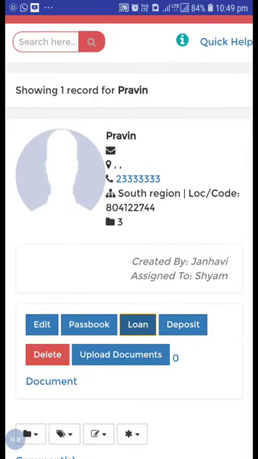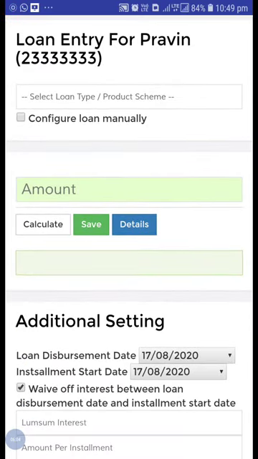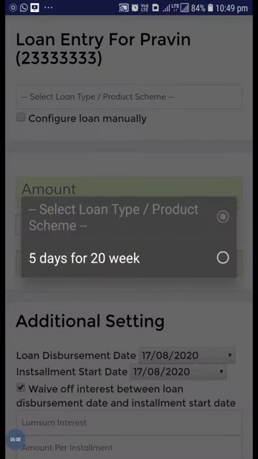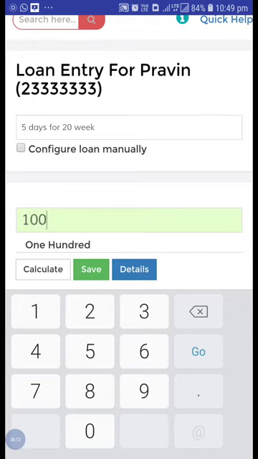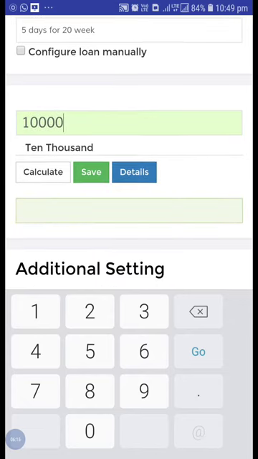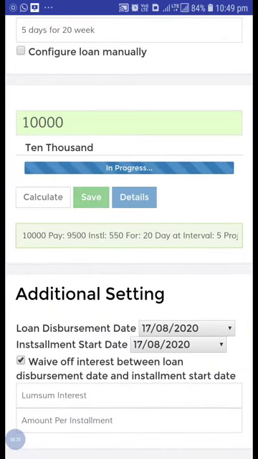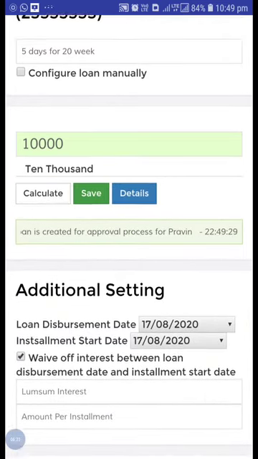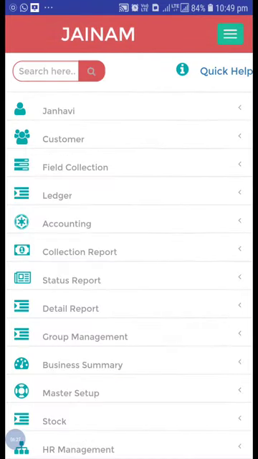Click on the loan, and the product scheme I have created is 5 days for 20 weeks. Write 10,000, calculate and just see. The loan is created for the approval process.